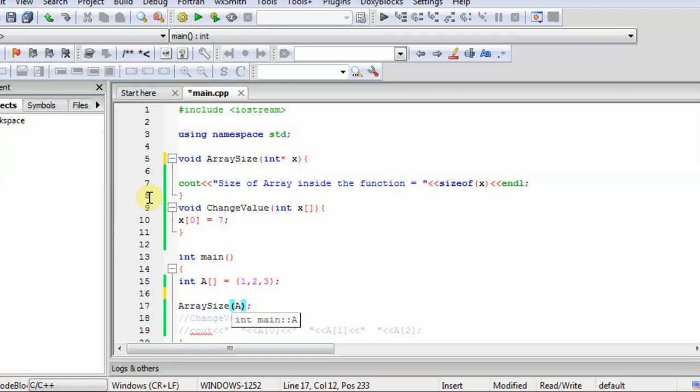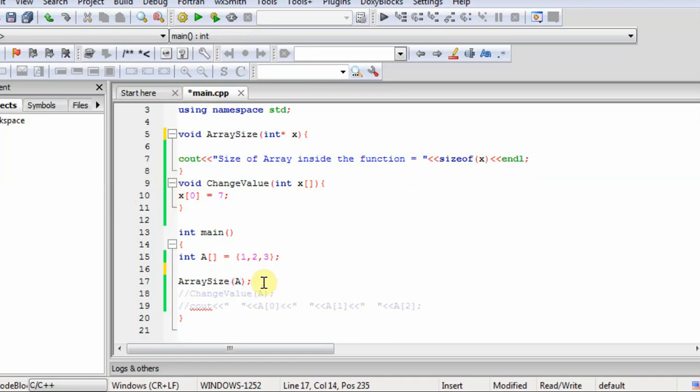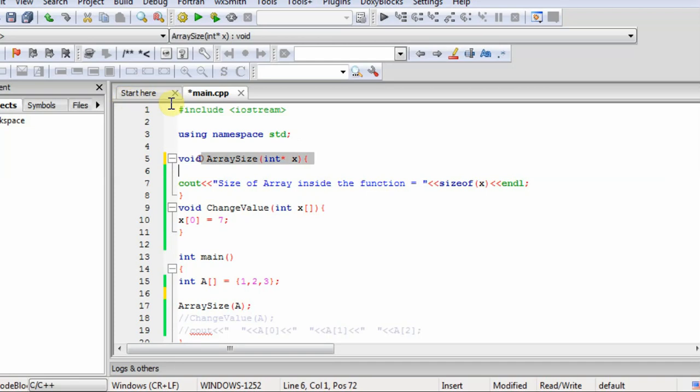And why is it not passing the whole array, only the address of the first element? Because when we pass the array to the function, the main function is paused here and control moves to this function, and in the memory it will create a stack, and the size of arrays can be very large. So if we pass the whole array, it is only a wastage of memory.